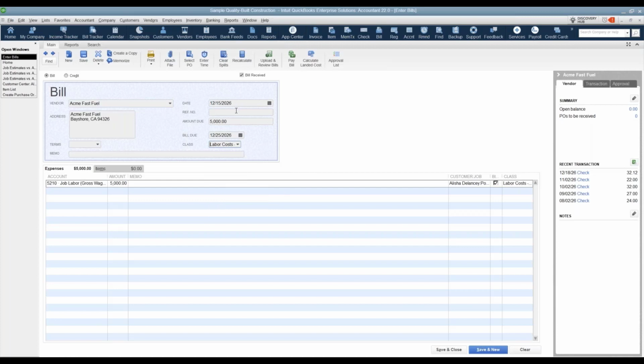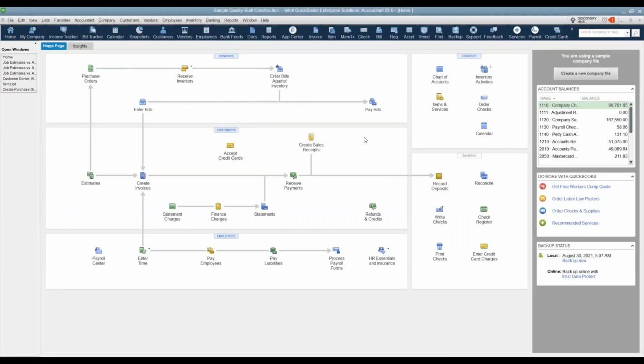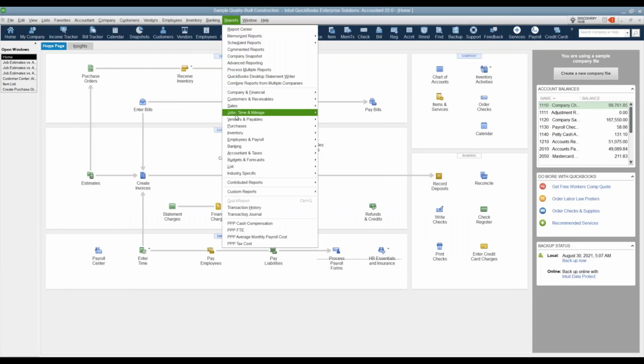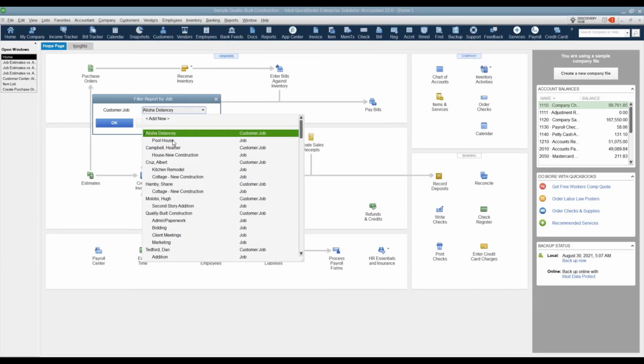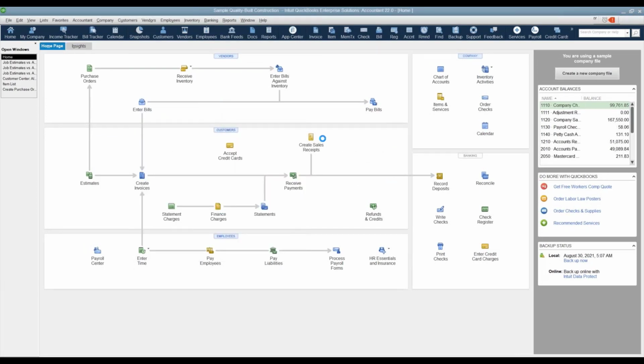And maybe for whatever reason, I had to do this because in my scenario I had a contractor come, and I needed to get this done really quickly. I needed to give this to them. So I went ahead and entered in that bill. If I go back and run my estimate versus actual on the pool house,